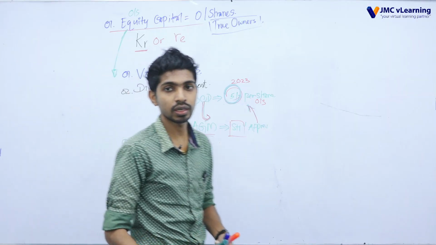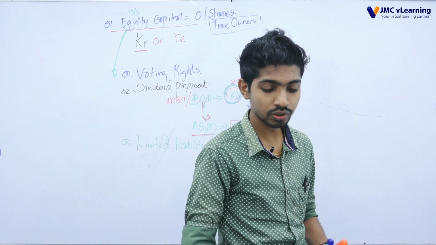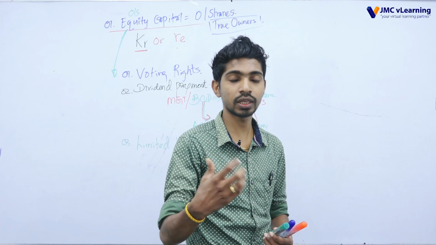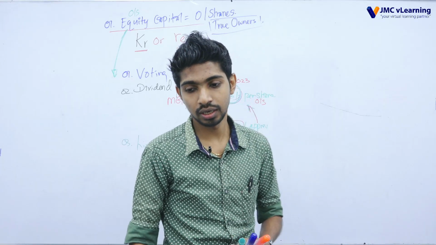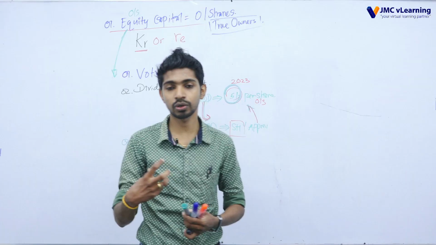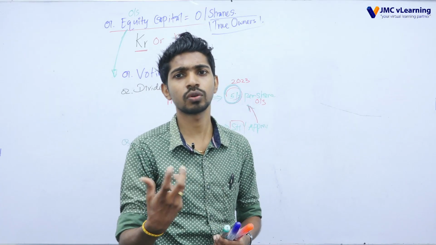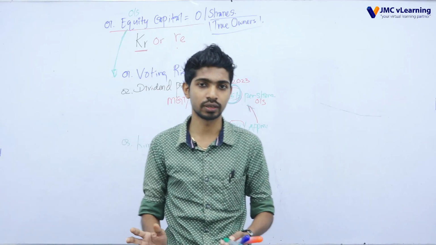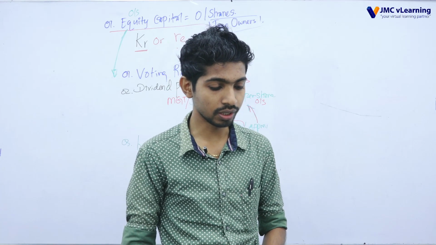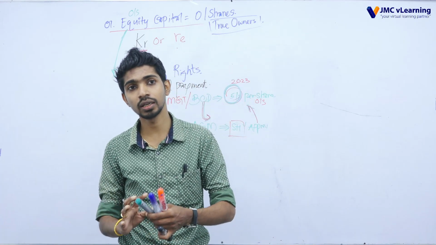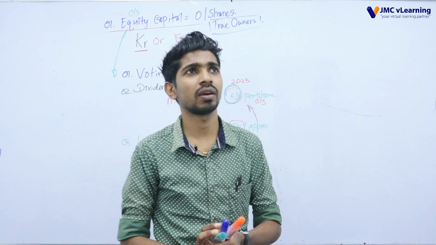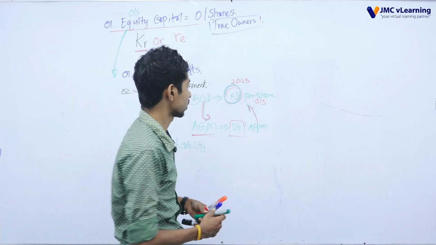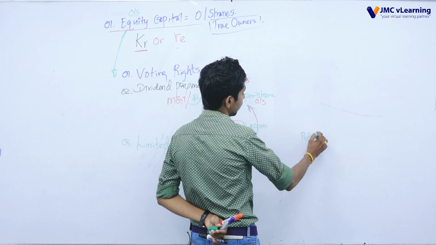Third one, limited liability. What is that word? Limited liability means ordinary shareholders have some liabilities, but they cannot go beyond their value. If I purchase ordinary shares from an organization worth 10,000 rupees, my liability will be a maximum of 10,000, not beyond that. But keep in mind, some shares have unlimited liability. In Sri Lanka, I have not seen an unlimited company. Every company is a limited liability company. If you see the company name, it says private limited,